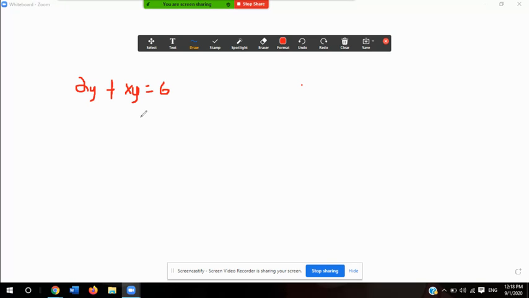So in this case, we look at 2y plus xy, and if we observe them, they're the result of a multiplication. They're both the result of each term multiplied by y. 2y is a result of 2 times y, and xy is a result of x times y, which means that in this part here, the distributive property was used. So I'm actually going to work backwards, and I'm going to say, well, that means that 2 plus x,